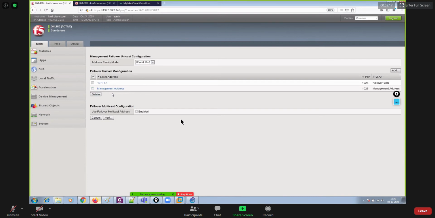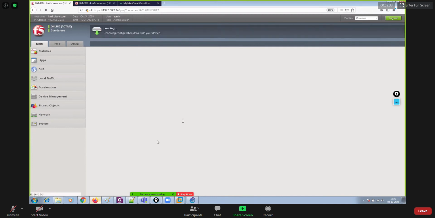So it's totally up to your choice, right? But yes, management interface can also be utilized, right? So in my case, my LTMs can communicate to each other using management interface as well as the failover one. It's up to you. What do you want, right? The next now I'll keep it same.